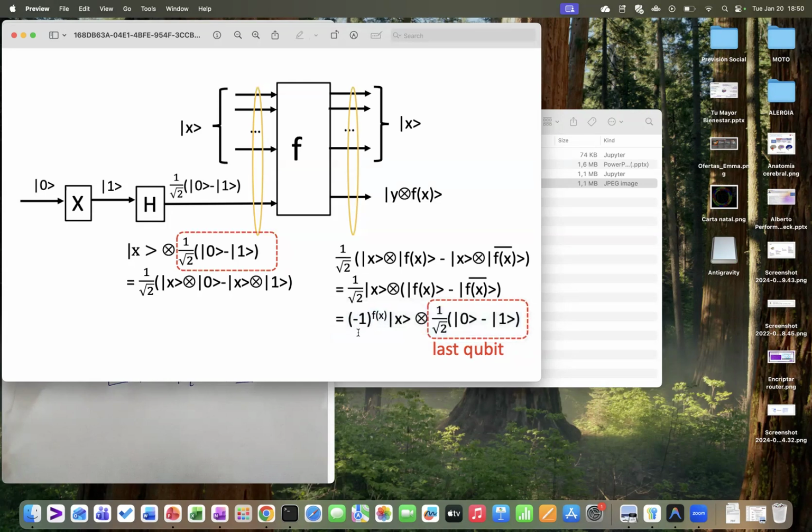But this is for parity purposes. This is included here for parity purposes. It is taking the fx out from here for being parity. So if this is pair, the sign is going to be plus, and if it's not pair, the sign is going to be -1. But this is the translation from fx to a normal one. So it has nothing to do with the phase. No, it's something different here.